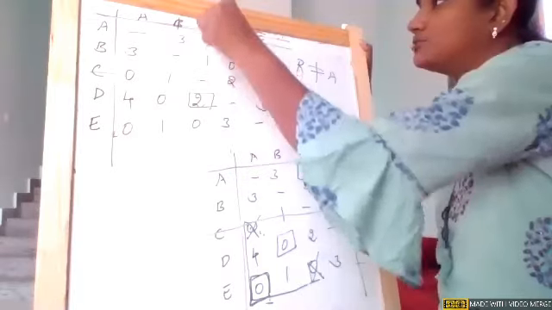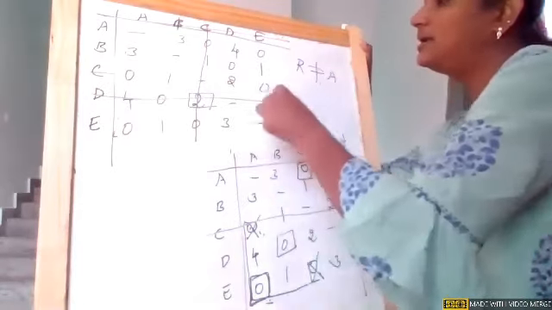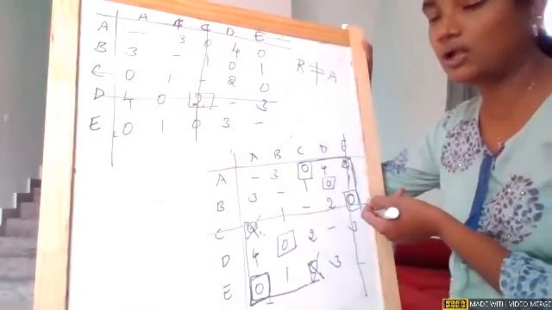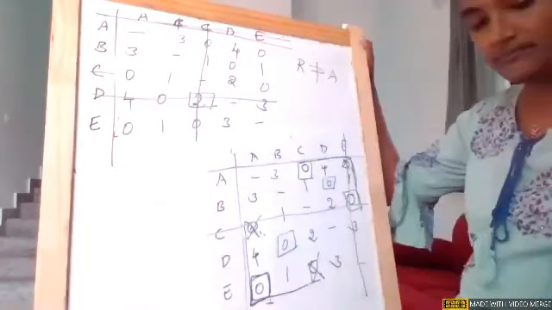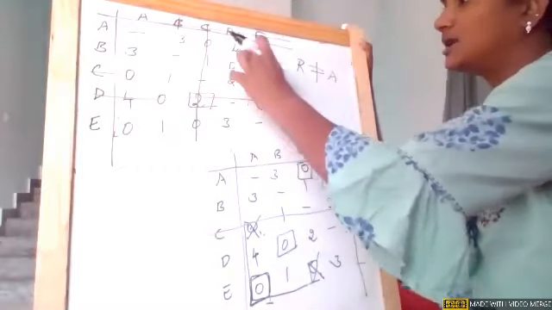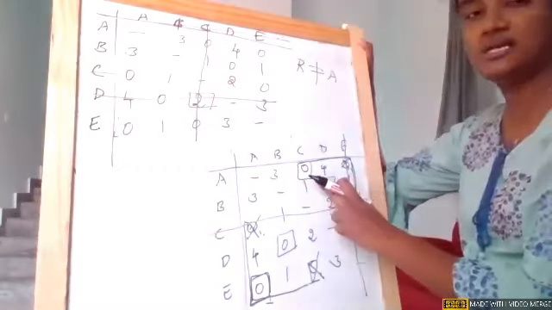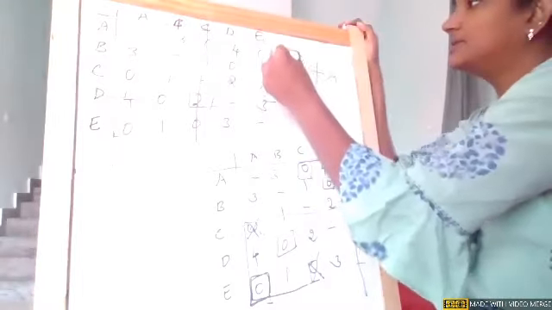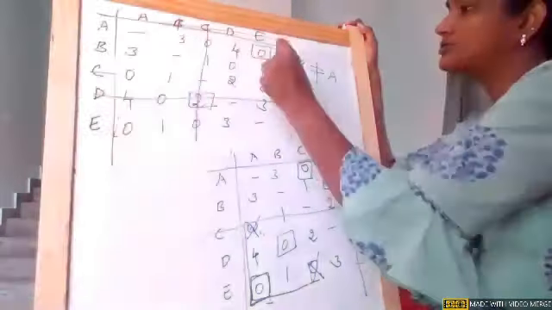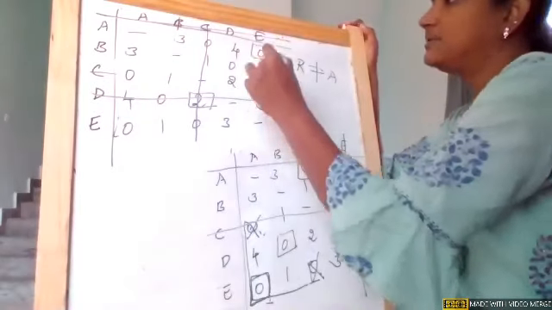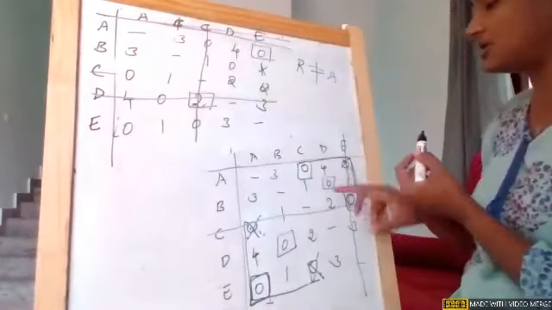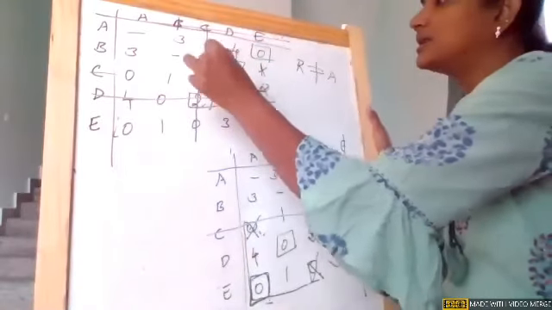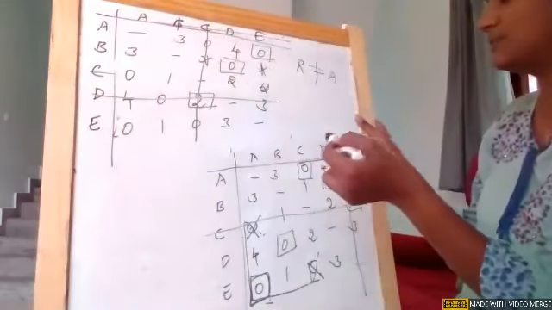So if I'm taking this 2 as the origin, I make an assignment and I'm crossing the remaining zeros in that respective row and column. After this, I'll see in the first row, earlier the assignment was here, which is flagged off, so I can't make an assignment. I'll make this the assignment because I only have this. Immediately when I make this the assignment, the corresponding row and column zeros are crossed. In the second row, my 0 is there. I can make an assignment and cross off the corresponding zeros.